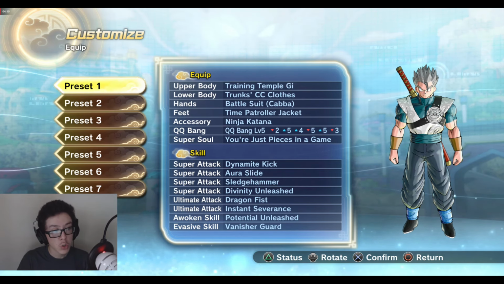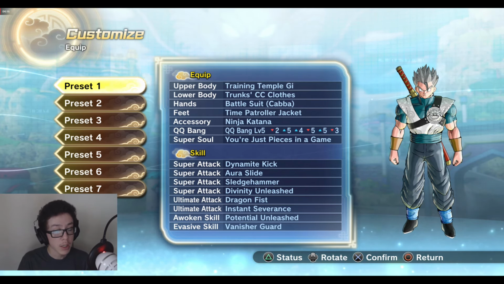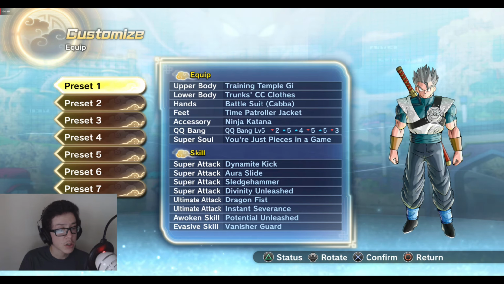Now, number 2 preset, I feel like that's more OP than this one, but again, these are all OP to my taste. So we'll be using Dynamite Kick, Aura Slide, Sledgehammer, Divinity Unleashed, Dragon Fist, Instant Severance, Potential Unleash, and Vanisher Guard. Vanisher Guard because it's the best evasive since Hyper Movement got nerfed, Potential Unleash because this guy is an Earthling,